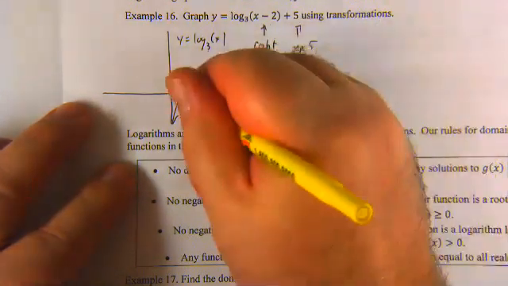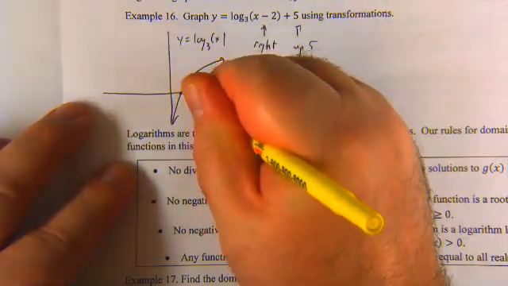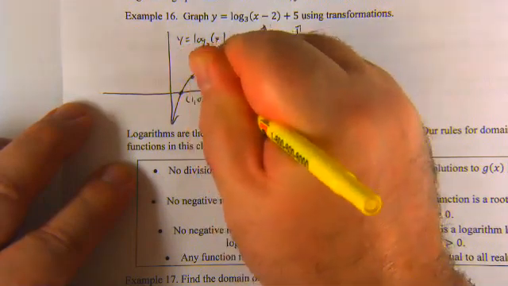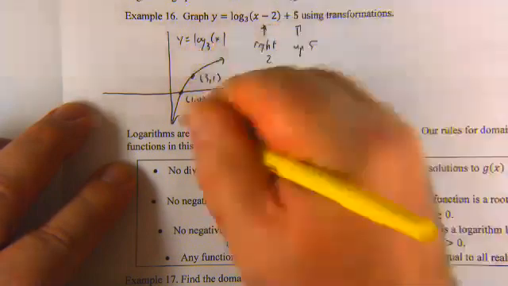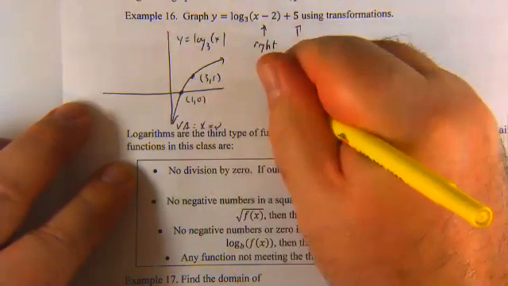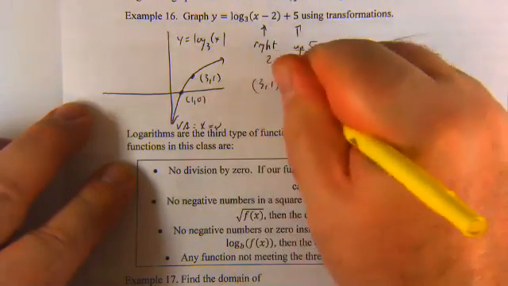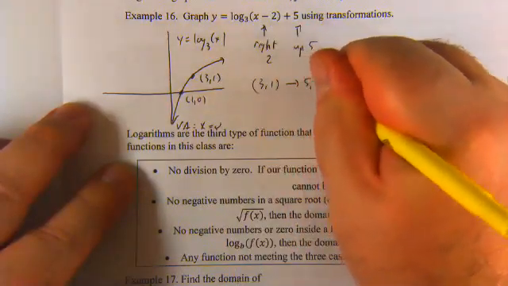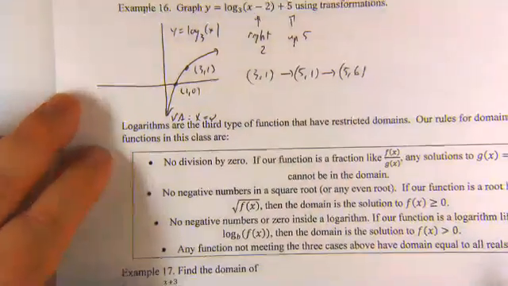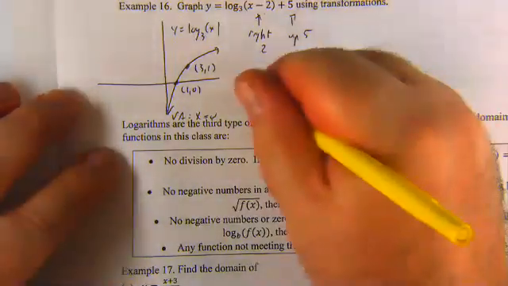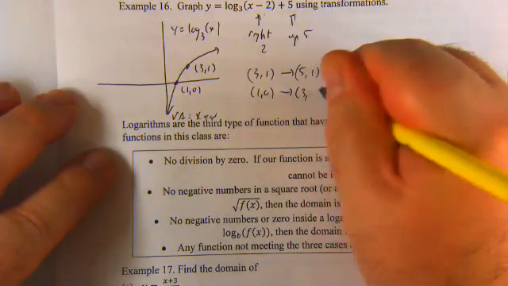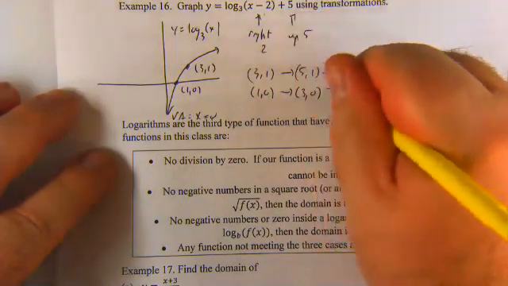So what are the basic points here? X equals 1, y equals 0. X equals 3, y equals 1. And a vertical asymptote at x equals 0. So the point 3, 1 goes right 2 units and up 5. So it ends up at 5, 6. The point 1, 0 goes right 2 units, so you get to 3, 0,